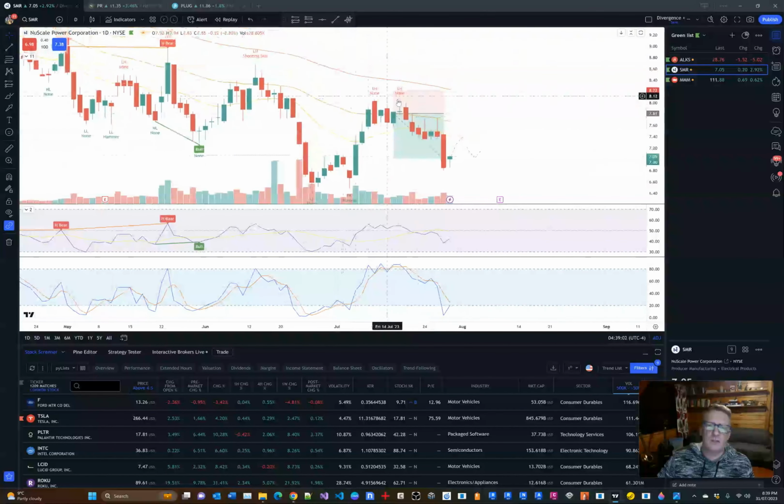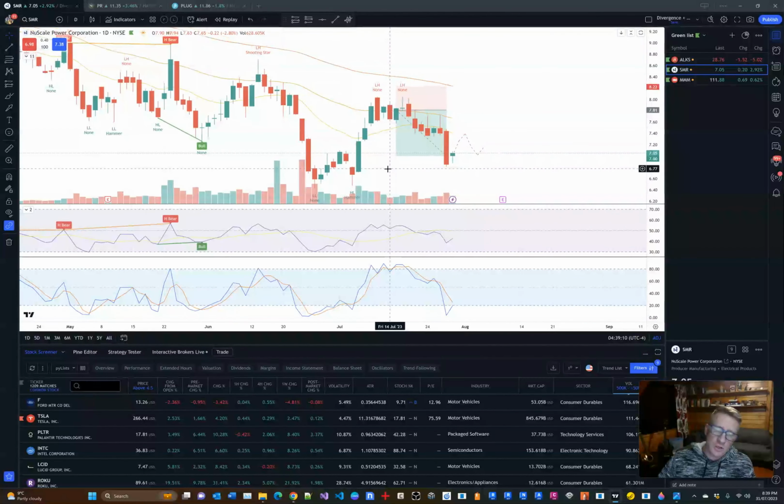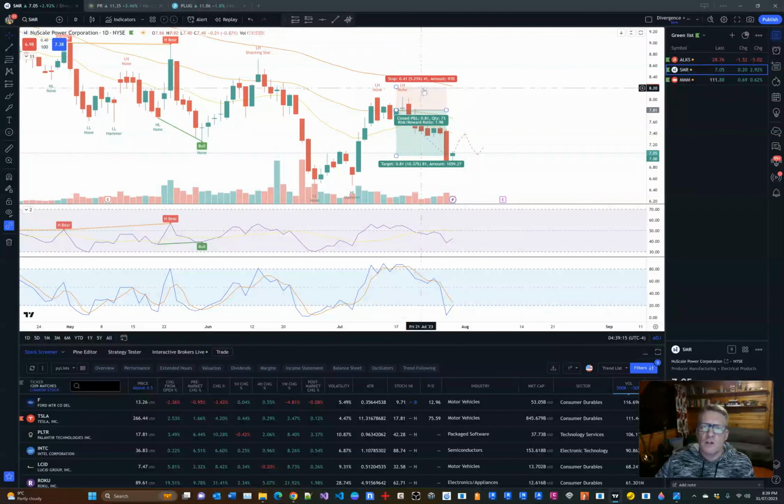We want to make sure this is consistent with bearish trends: lower highs and lower lows, right? This is telling us that we are in a bearish trend, and if it's long, then we want to see higher highs and higher lows. Anyway, this is where I set my stop loss just above the previous lower high, or the previous high,